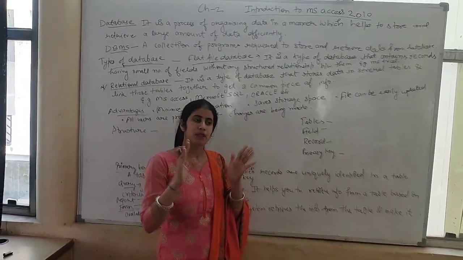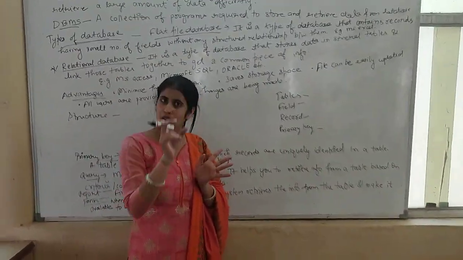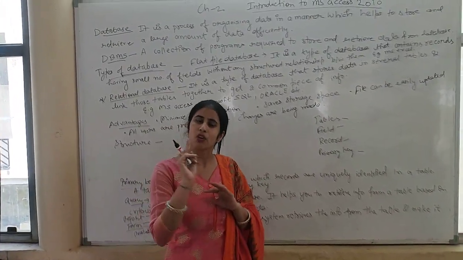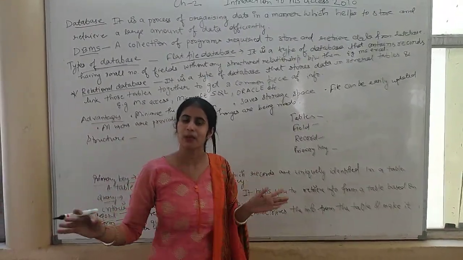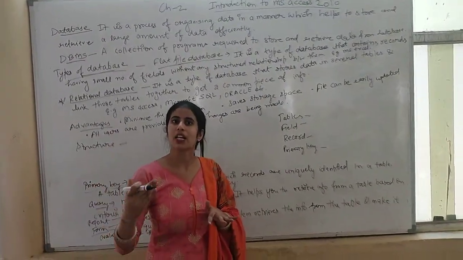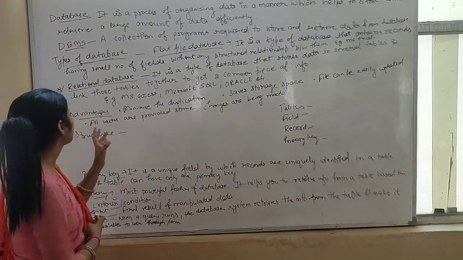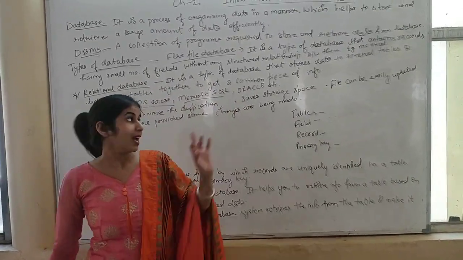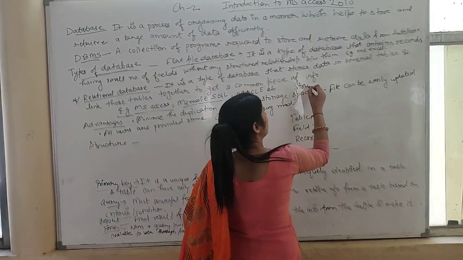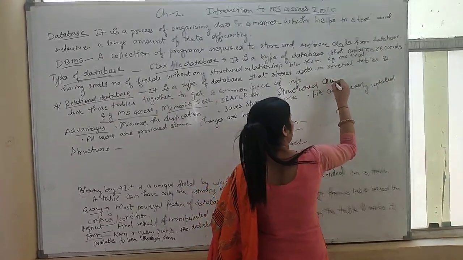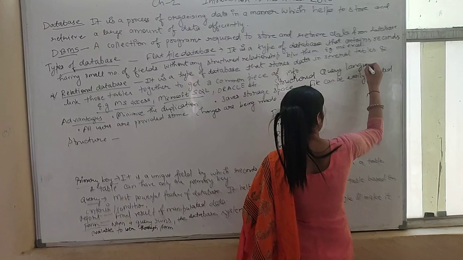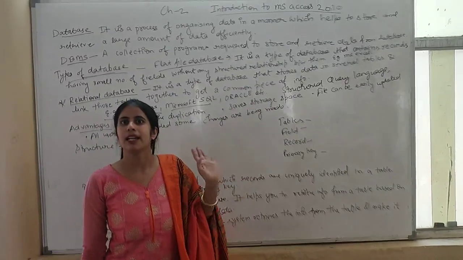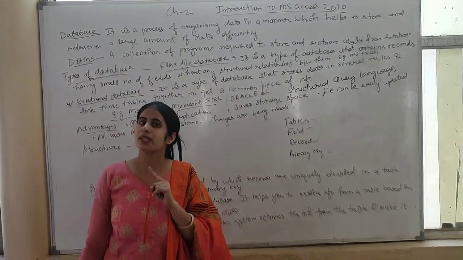Because from one table we are going to get one field, in another table we are going to access another field. In this way, to get a common piece of information we use many tables, and at last we are able to find and evaluate the final result. Examples are MS Access, Microsoft Access, Microsoft SQL. SQL stands for Structured Query Language. And the next one is Oracle. It is also a database software, and database here means relational database software.